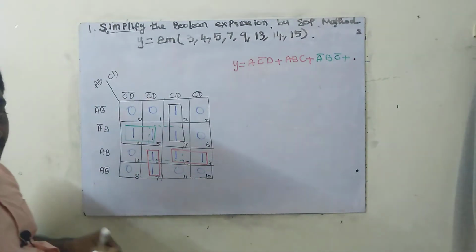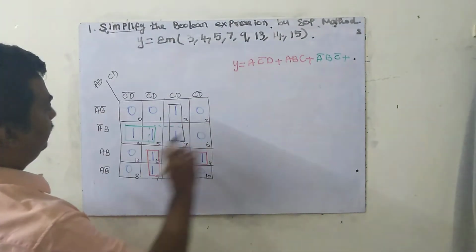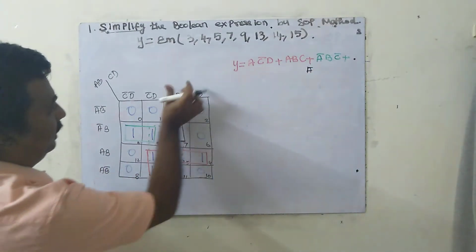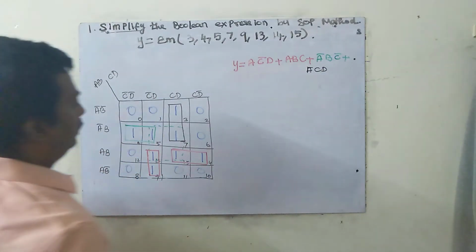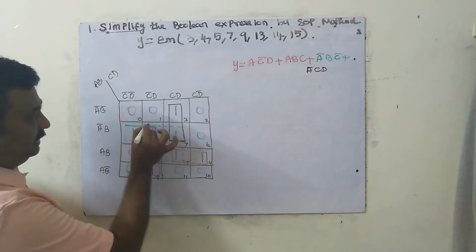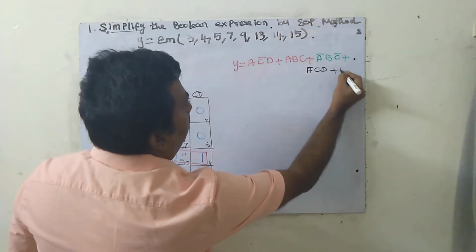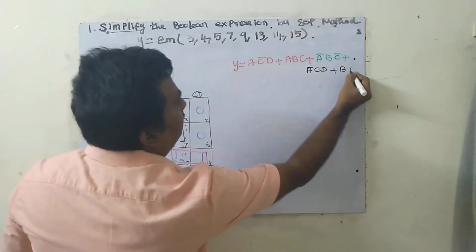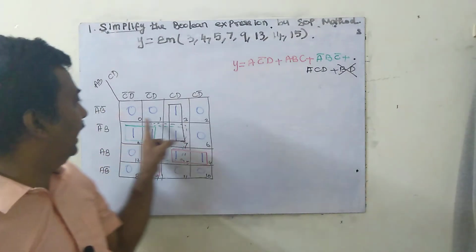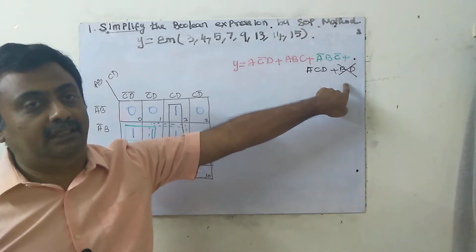Next, finally, the black color. Okay, this black color box, what is the value? Here, A bar. If I see from here, CD. This is the equation. Suppose let us consider I have drawn a box like this. What is the equation for this? B, if I see, D. This is not necessary. Even without this BD, we will get the answer. So if I write BD, it is an additional, extra thing.